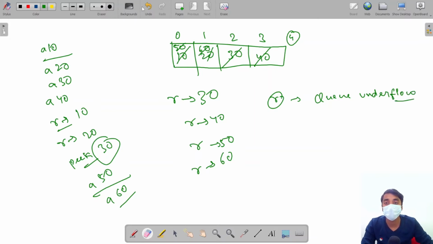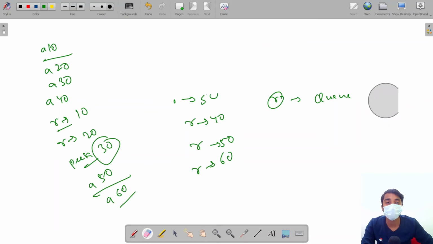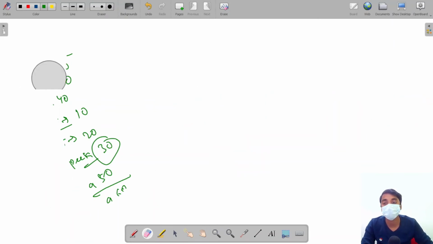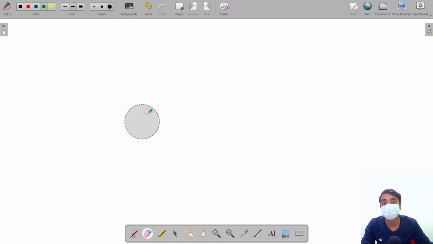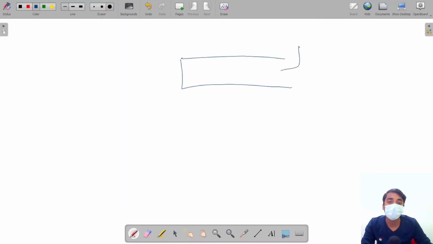So let's see. In a queue, the adding of an element is from the last, and for getting an element, it should give from the front of the queue. So for this we need two variables, one is front, another one is rear.